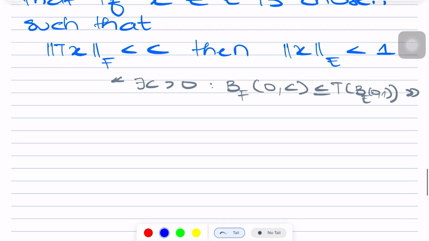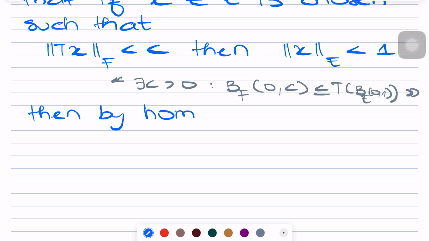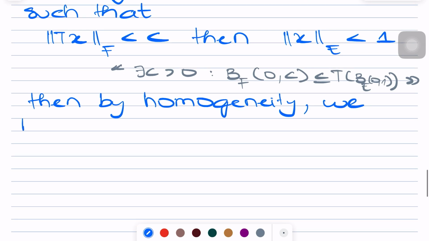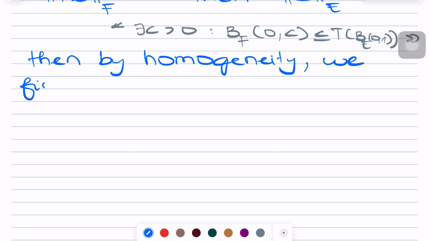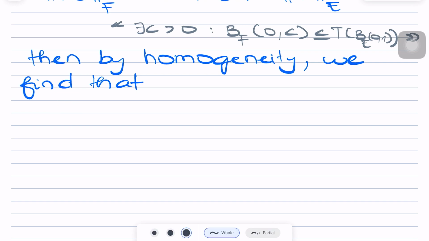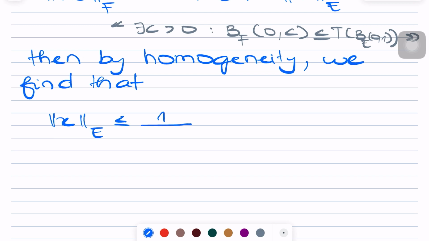So then, by homogeneity, we find that the norm of x in E is less or equal to 1 over C times the norm of Tx in F, for every x in E. Well, to see the homogeneity thing, put